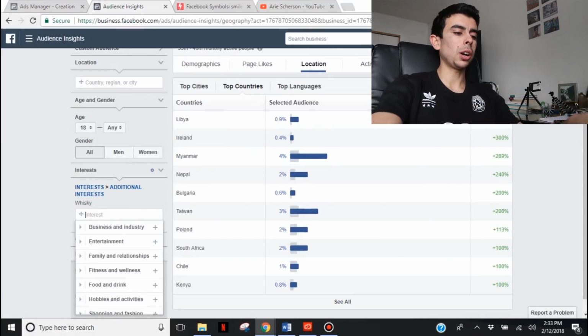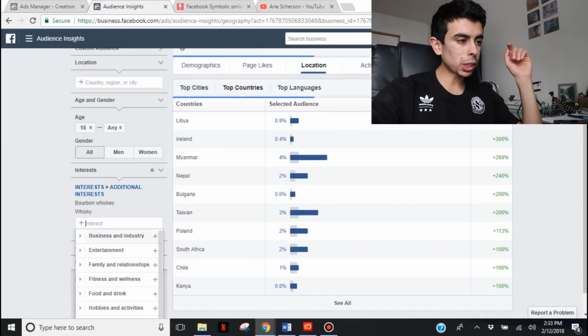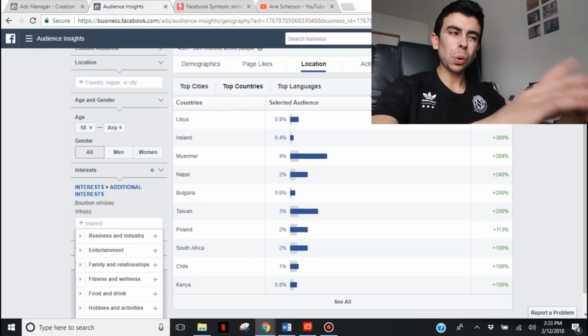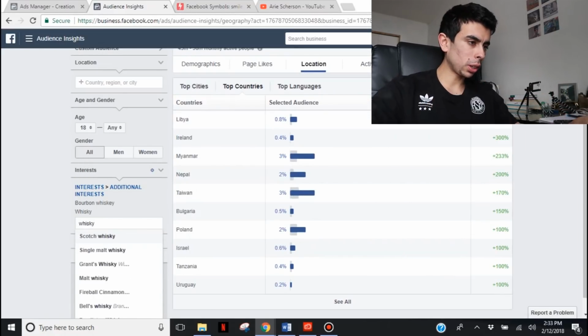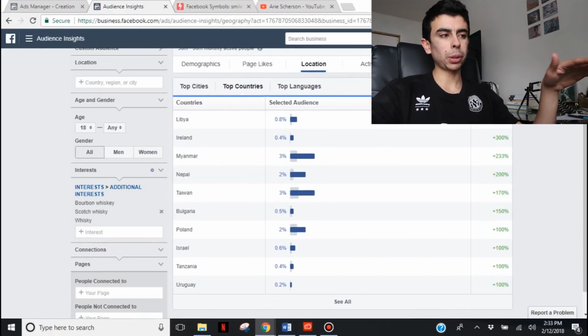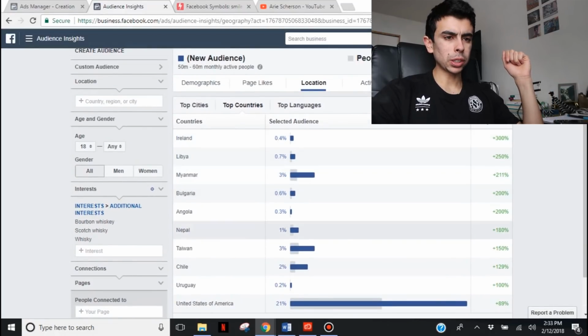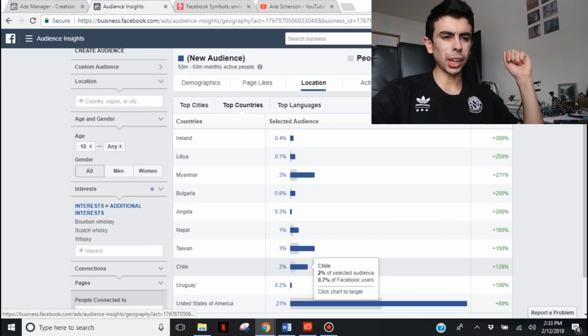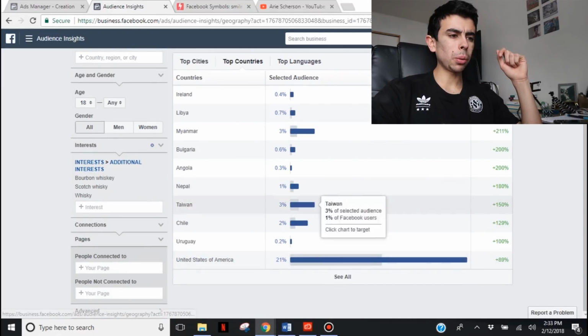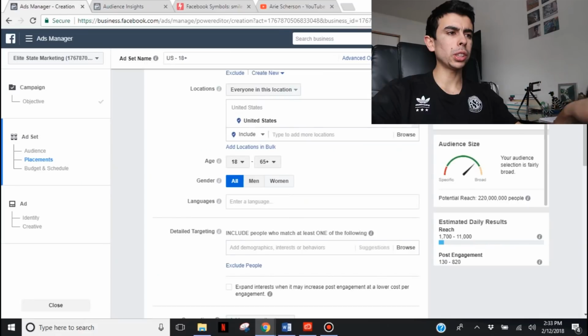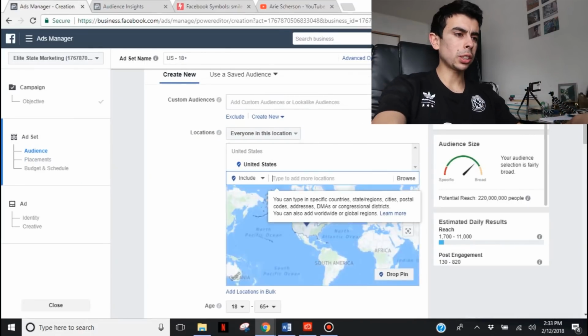We're gonna actually look up a couple more: bourbon, whiskey, and maybe just one more, like Scotch whiskey. Okay, that's perfect. We only really need 3. And then obviously we're gonna pick the top, let's see, all the way up until Chile. Let's do all the way up until Chile, and then we're gonna also add the United States. So then what we're gonna do here is we're gonna do United States, Ireland,